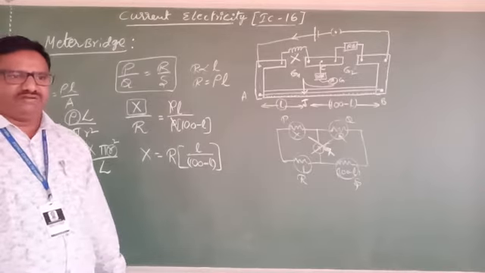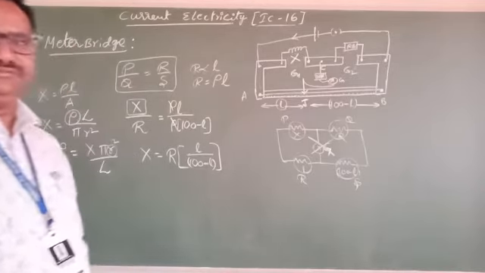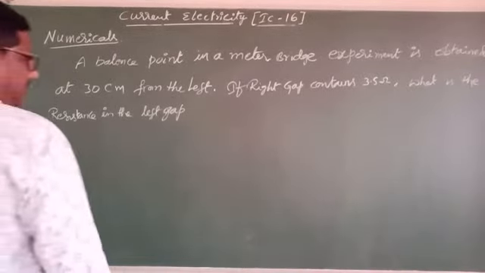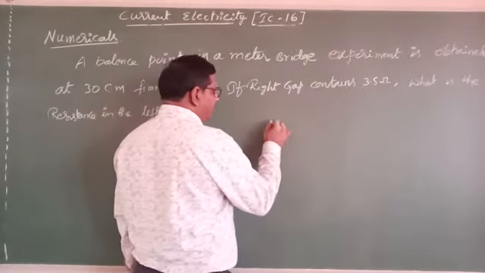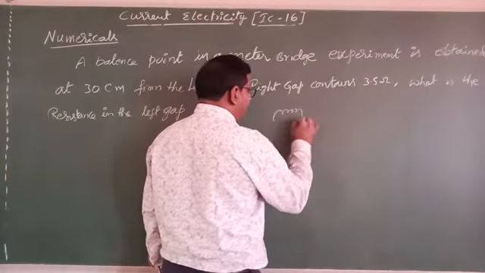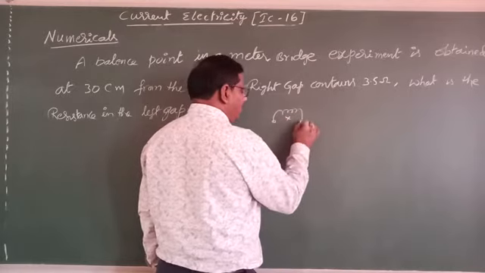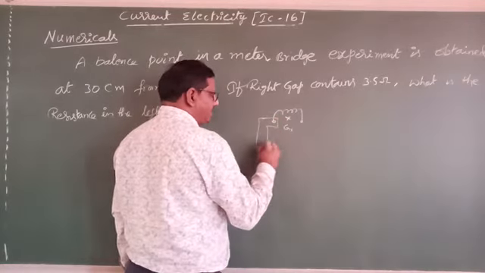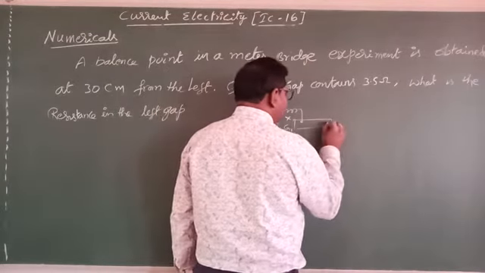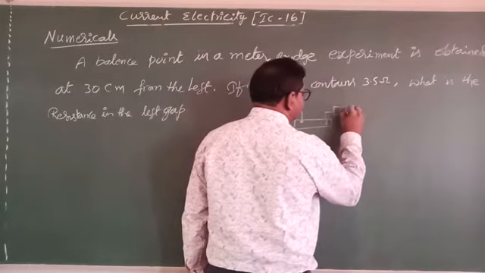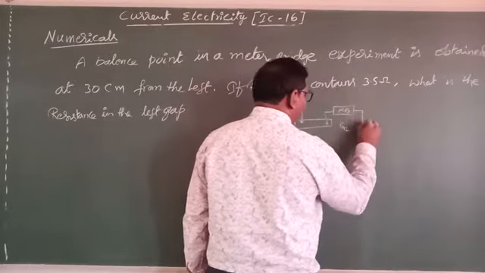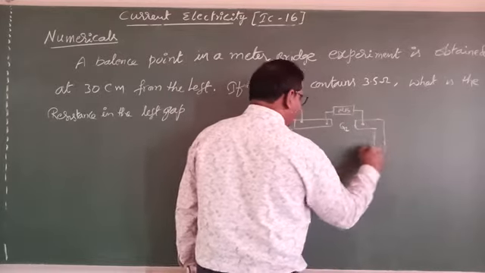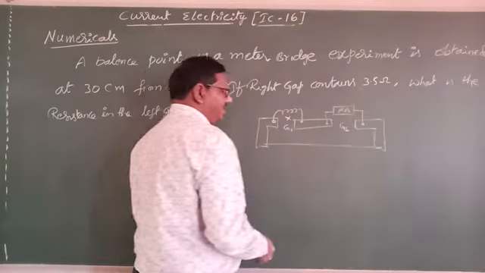Now upon this we will solve some numericals. See here, upon the meter bridge concept we discussed previously, on one side we connect one unknown resistance in gap 1, are you remembering? And on the other side we connect one resistance box, a known resistance, in the other gap. Between these two is a 1 meter wire.